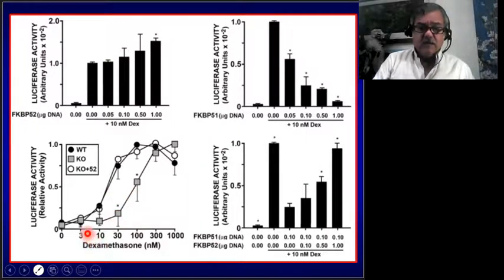In knockout cells, there is a shift to the right of the concentration response curve compared to wild type or knockout cells where 52 was reintroduced by transfection. Our interpretation is that this mild action of 52 in normal cells is due to the influence of the endogenous 52, whose expression level is enough for a positive effect. Note that both immunophilins are antagonistic. The negative effect of 51, shown here, is reversed by expressing increasing concentrations of 52.